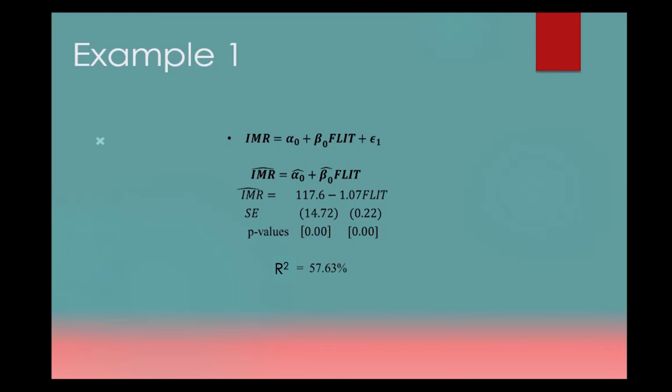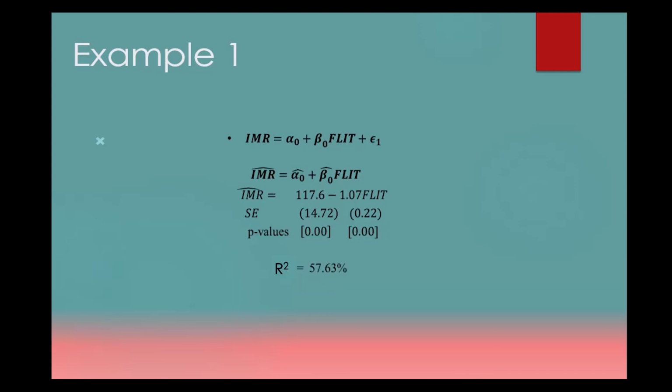Now the probability values are very important because they refer to the test of significance. We see that the 117.6 appears to be statistically significant, which means that it significantly affects the IMR, and beta 0 is also the same. So in this model, the estimated result is acceptable. The confirmation is done by the R square, which is 57.63. So when we go for 57.63, it means that